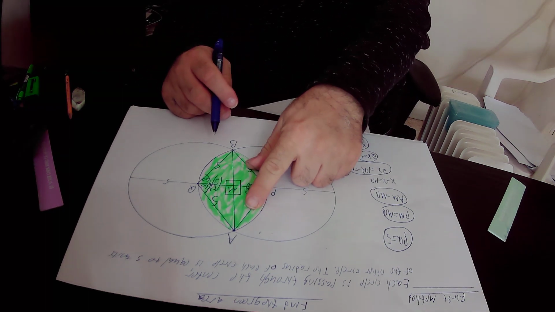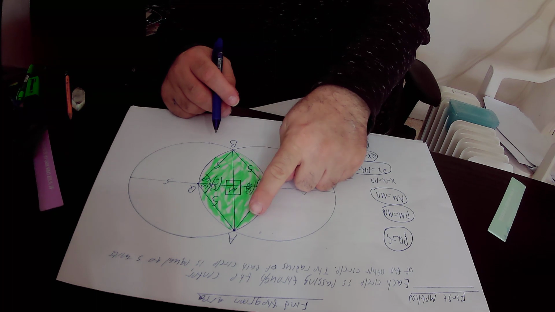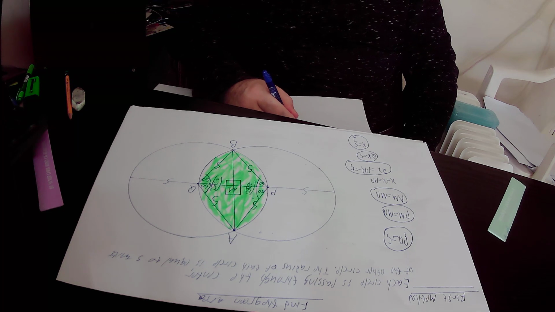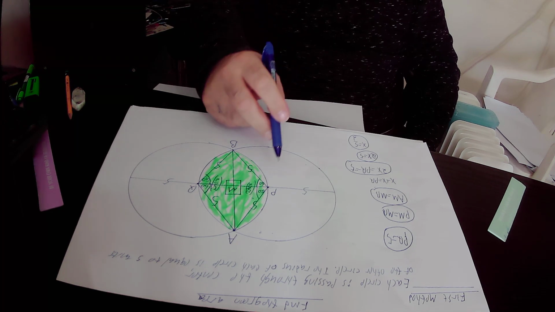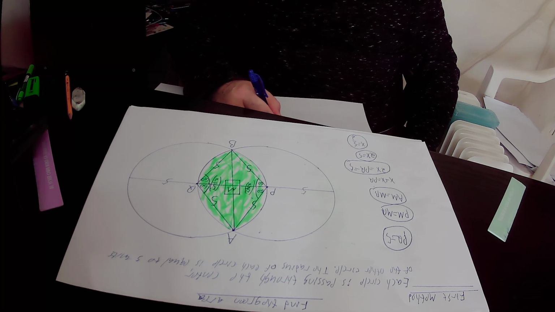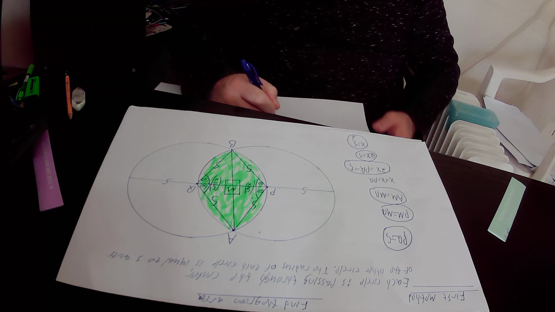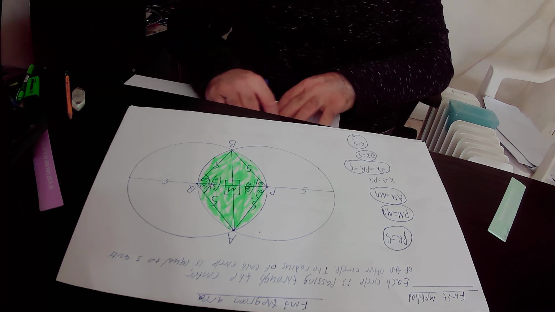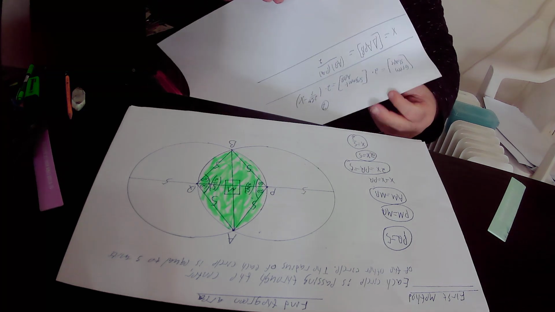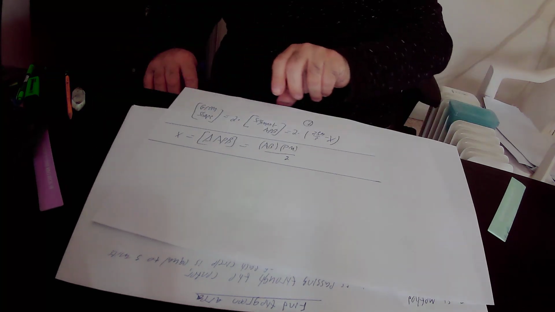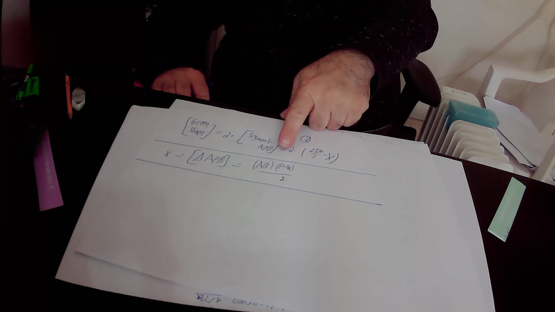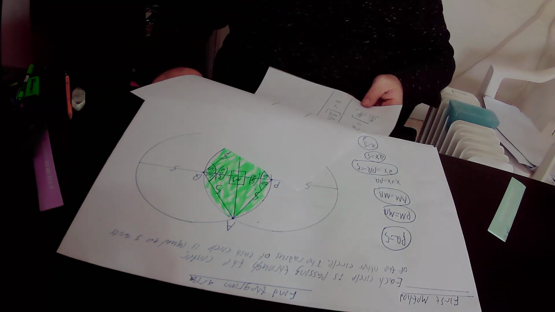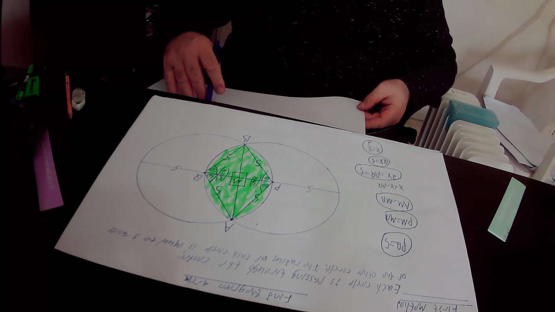The area of this triangle is equal to the base of the triangle, that is AB, times the height to the base, that is PM, over 2. I will repeat again. The area of triangle APB equals the base AB times the height PM over 2. So we will find out